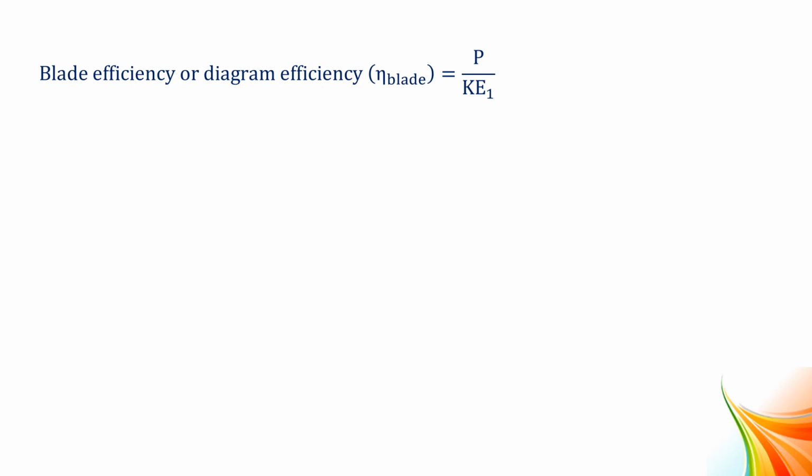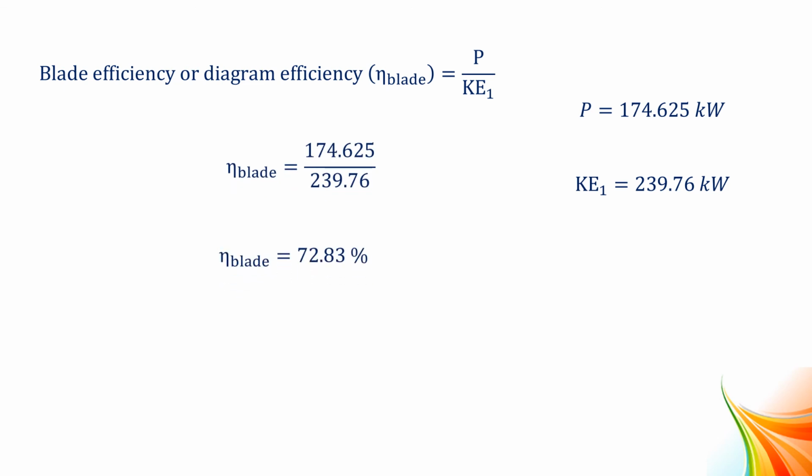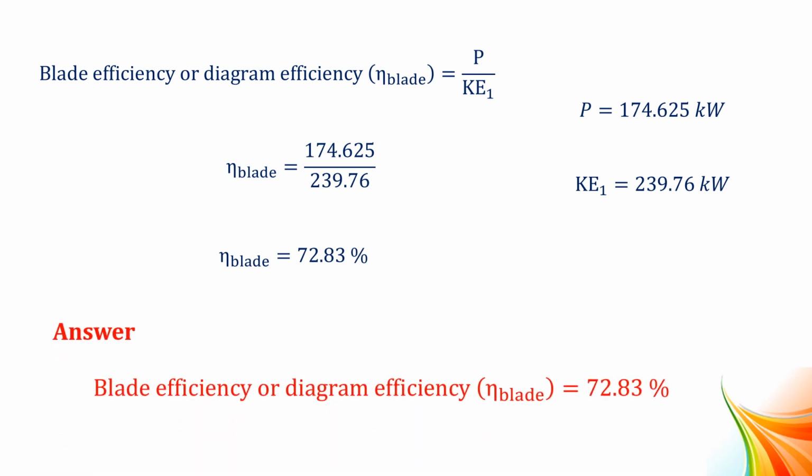Blade efficiency or diagram efficiency equal to power developed by the turbine divided by kinetic energy of steam entering the blades. P value equal to 174.625 kilowatt, KE1 equal to 239.76 kilowatt. Substituting both the values in the blade efficiency equation, we get blade efficiency equal to 72.83 percent. Blade efficiency or diagram efficiency equal to 72.83